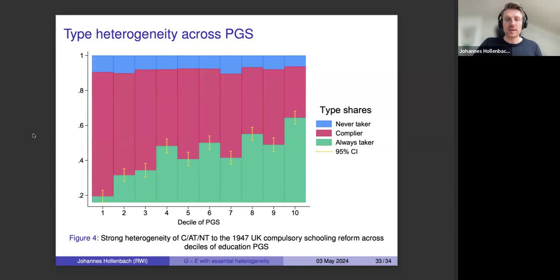And we're trying to develop this more because what we want to do is really say something about how the genetic component that we're using affects or interacts with the educational choices people make in shaping these outcomes. And it could be a cool thing to develop this further and show different heterogeneities within the polygenic score and reaction of people to reforms.